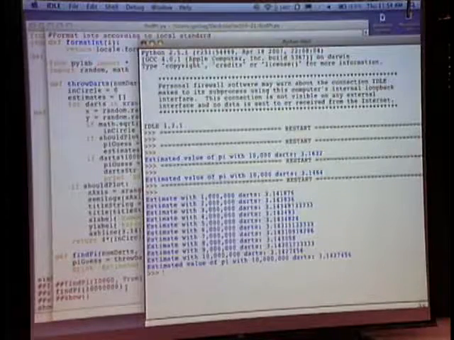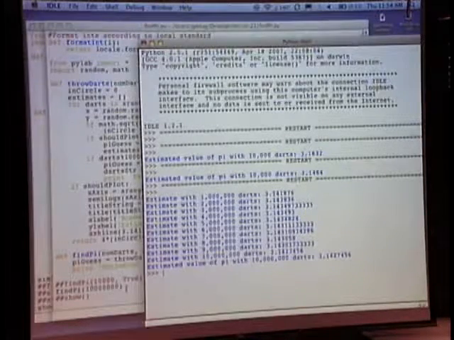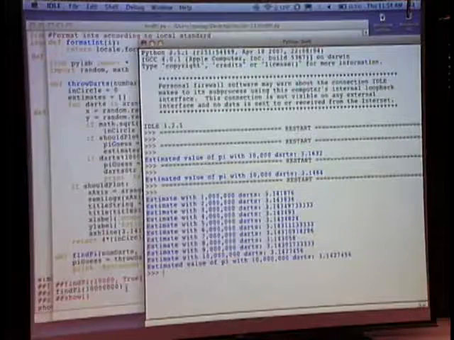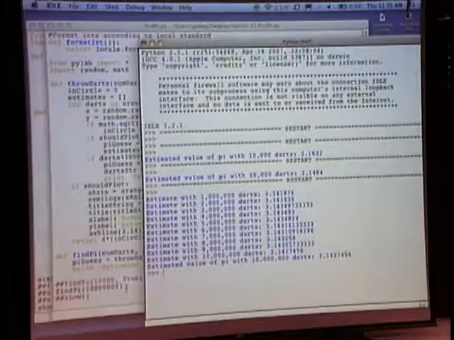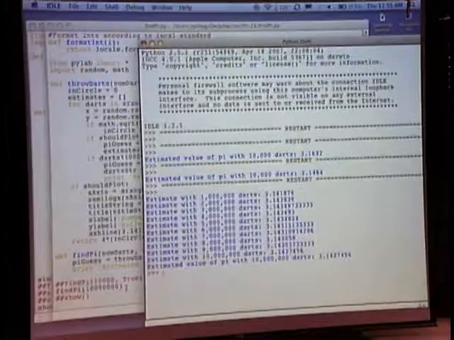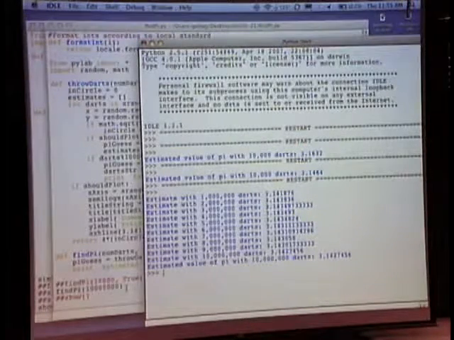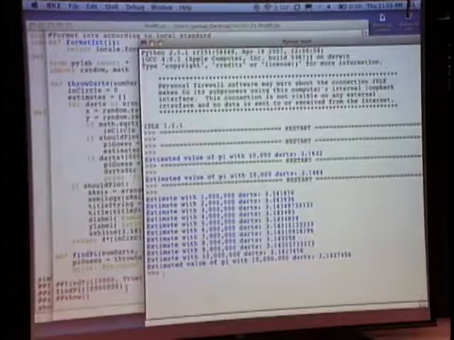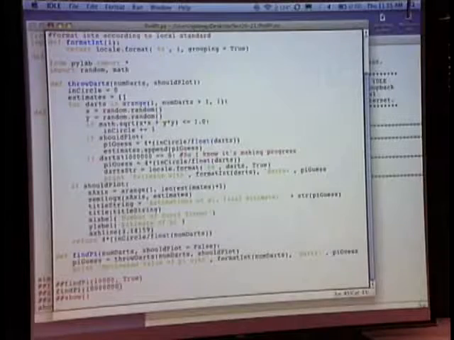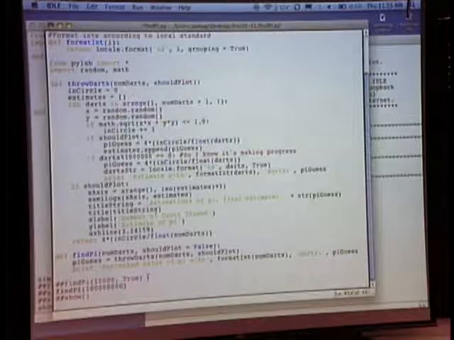So now you see that if I throw 10 million darts, I'm starting to get a much better estimate. You'll also see, as predicted, that as I get further out, the value of the estimate changes less and less with each million new darts, because it's a smaller fraction of the total darts. But it's getting a lot better. Still not quite there. Let's just see what happens. I can throw in another one. This is going to take a little while,